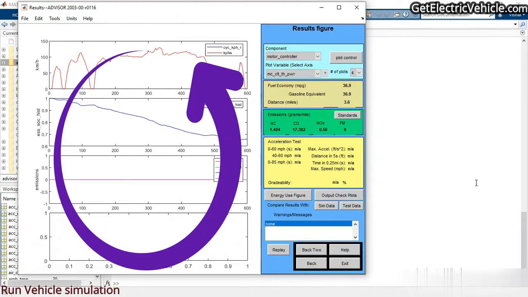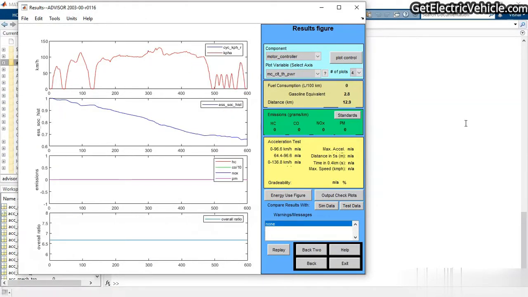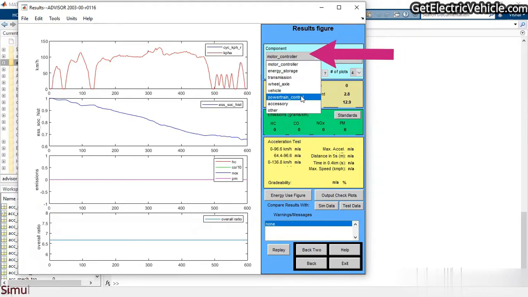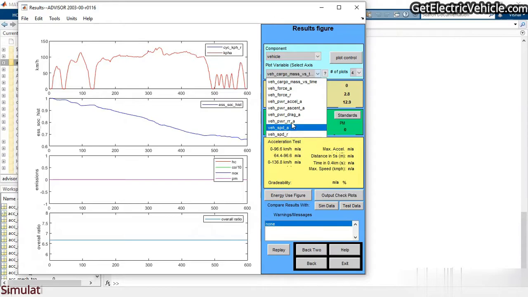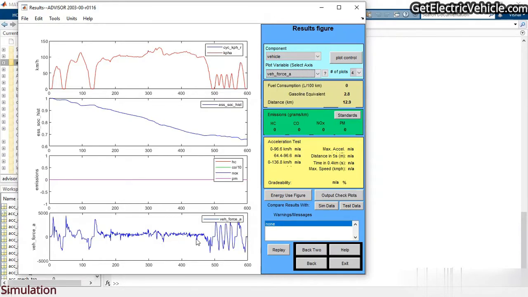On the left side you can see all the plots. By default it shows 4 plots. You can select all the other parameters to plot there. First of all, on the left side you have to select on which plot it should plot the parameter. So here I selected the 4th one, that's why it updated the 4th plot.